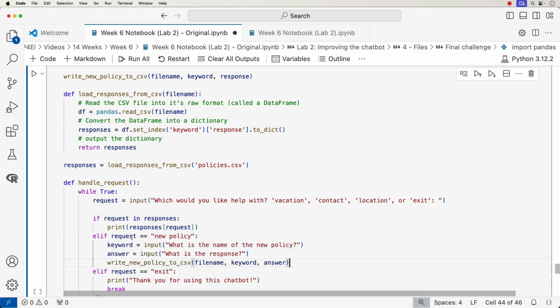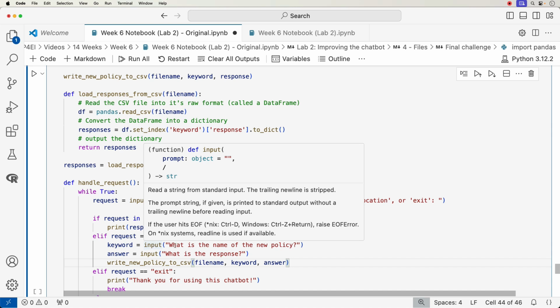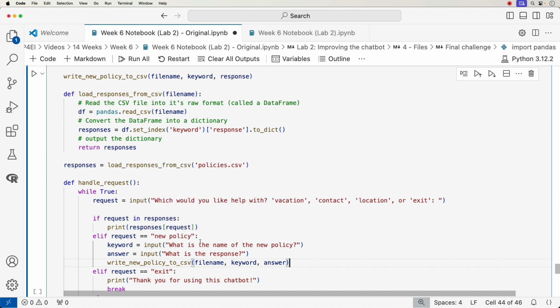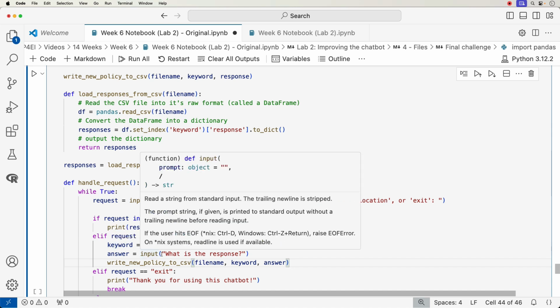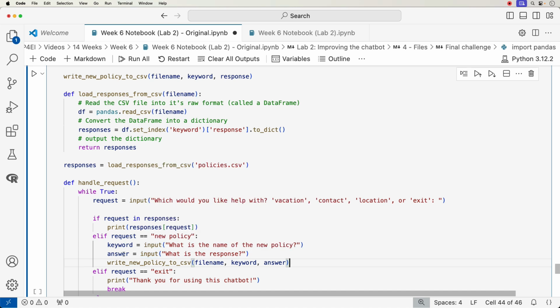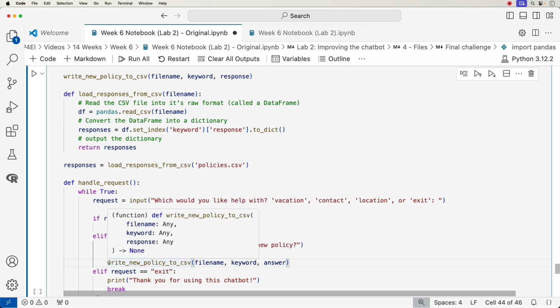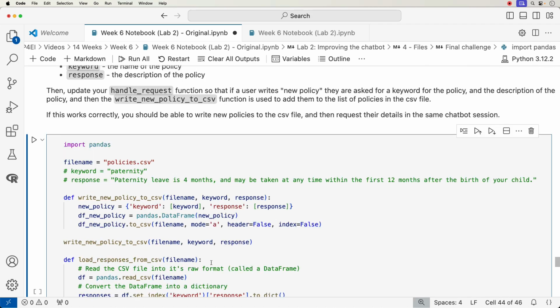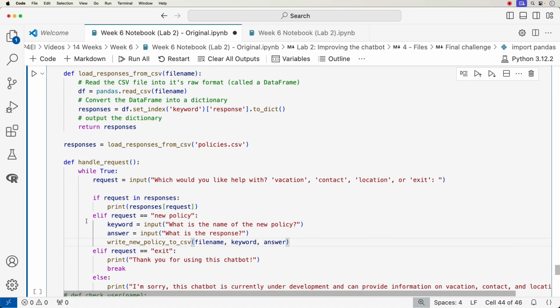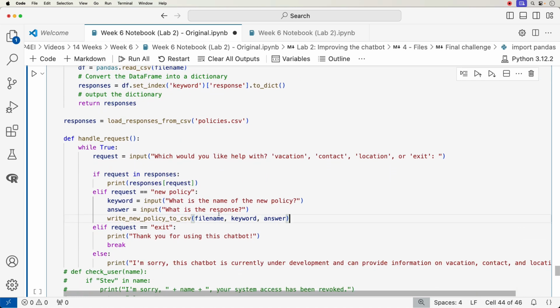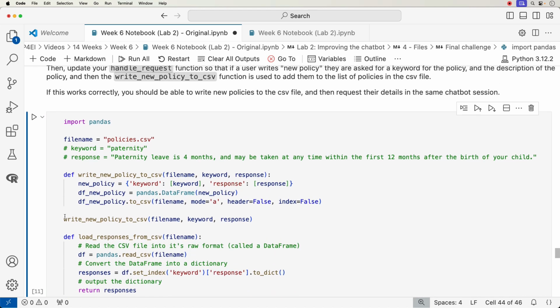So I have an elif request is equal to new policy. Okay, then I'm going to collect a new input from a user by prompting what is the name of the new policy. I'm going to save that to a keyword variable, and then I'm going to prompt them again what is the response. I'm going to save that into an answer variable. Then I'm going to call the write new policy to CSV, pass it the file name, which is defined up here, and then the keyword, which is defined here, and then pass also the answer argument, which is defined here. Okay, and I need to move this,